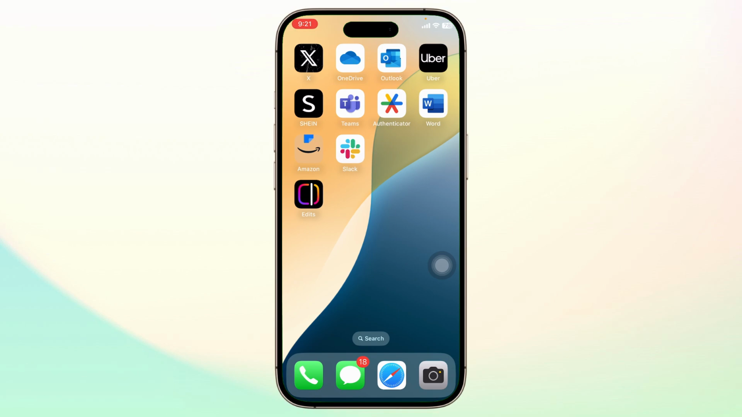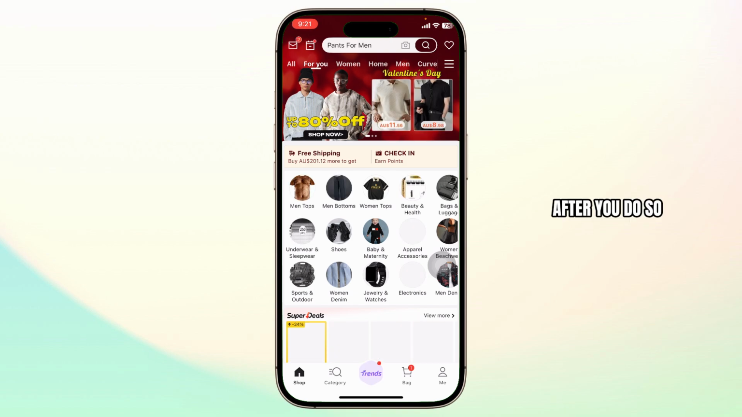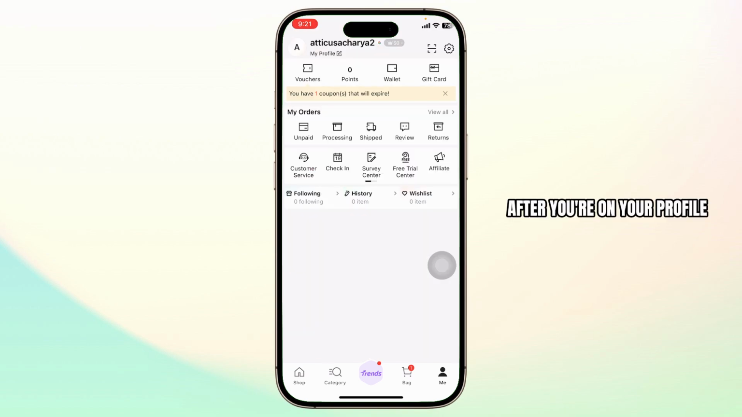Now let's begin. So the first step is open up your Shein app. Make sure that you're logged in into your account. After you do so, head over to the Me option on the bottom right corner. After you're on your profile, you can then tap on the settings icon or the gear icon on the top